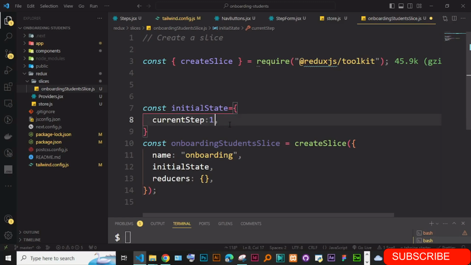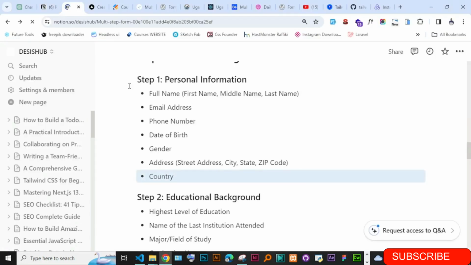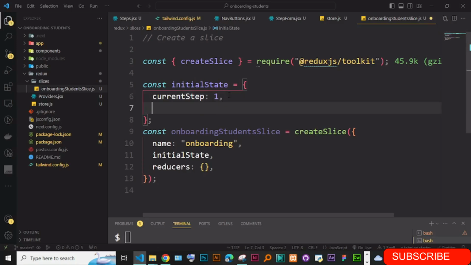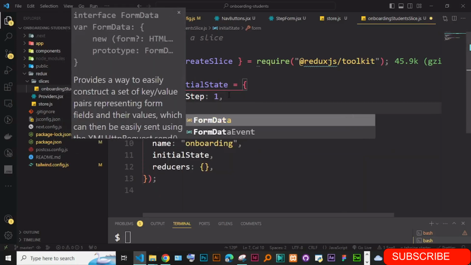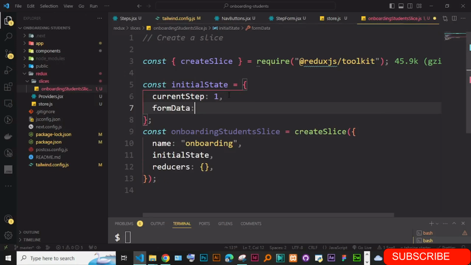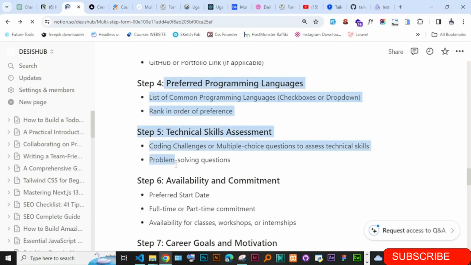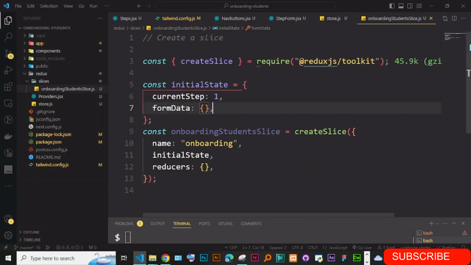Then another thing is, now we need data to keep track of all this data, the personal information, all these ones. We want to keep track of this information. So alternatively, you could just have, for instance, something called formData, and then you could have this as this whole block of data. All this data you could add into this one. Alternatively,